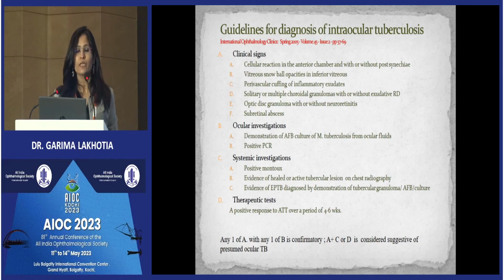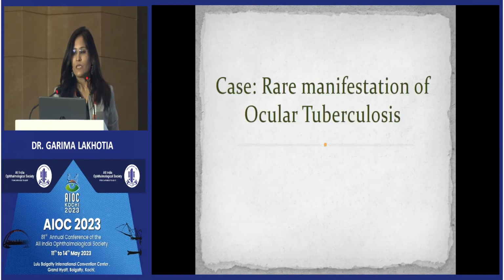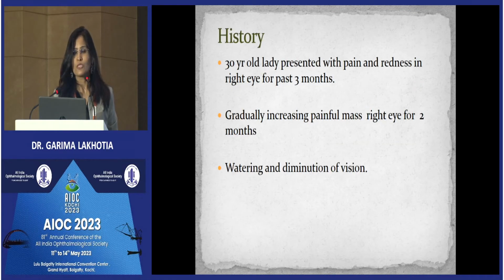Investigations and therapeutic. We divided into presumed and confirmatory ocular tuberculosis according to these things. Most common is uveitis, and now I come to a rare manifestation of ocular tuberculosis case. We had a 30-year-old lady who presented with pain and redness in the right eye for the past 3 months, and